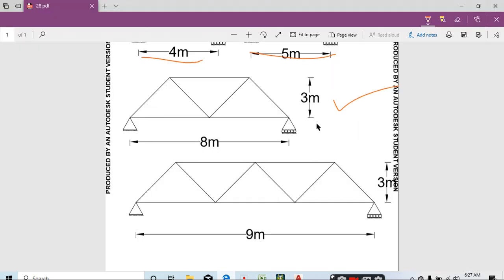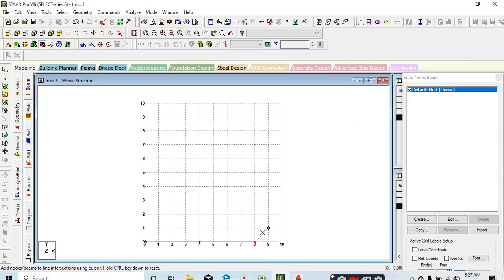What is the height? Height is 3 meter. Go up to 3 meter at the center of that particular member. Then come to the 4 meter. Then again go to 3 meter height at the center of that particular member.